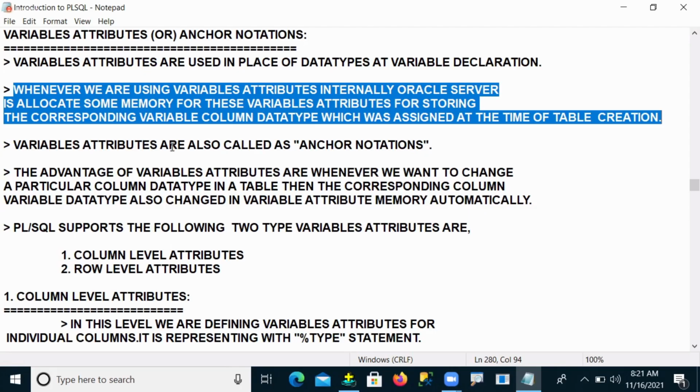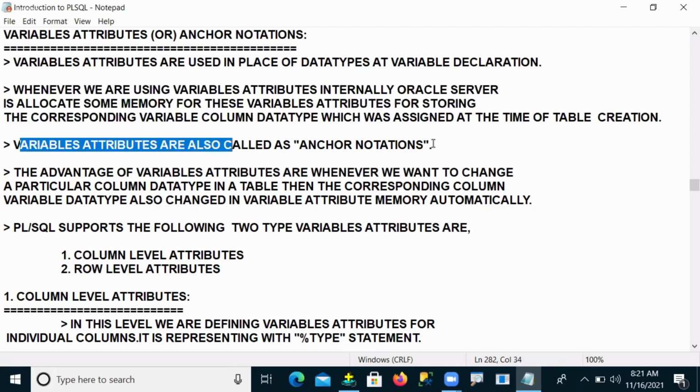These variable attributes are what we call anchor notations. Now, what are the advantages? This point is very important.